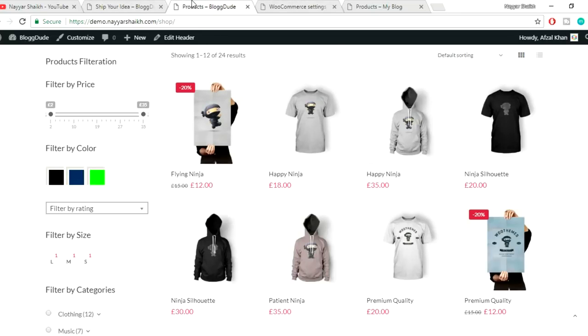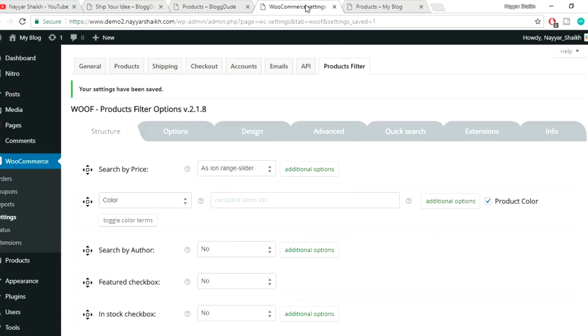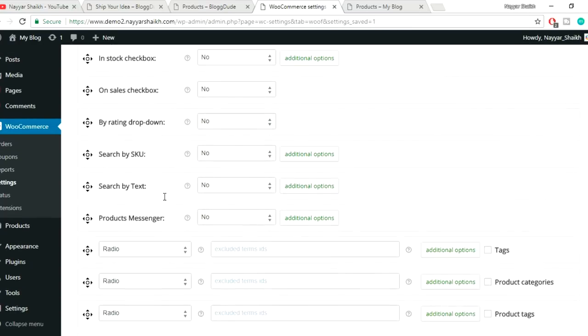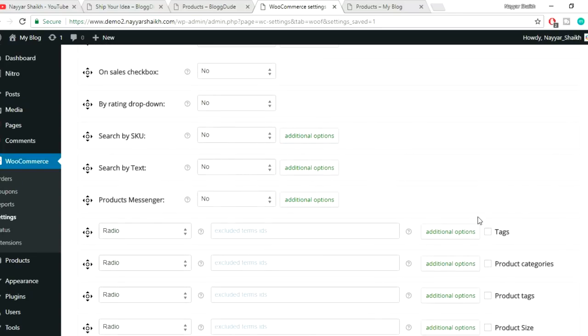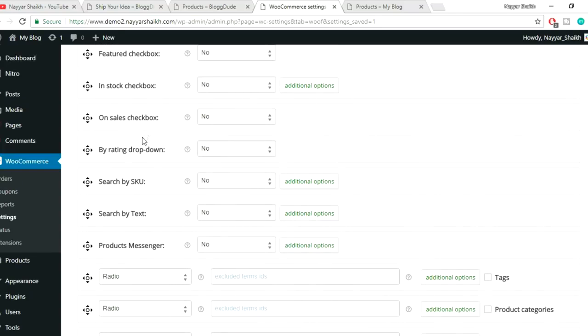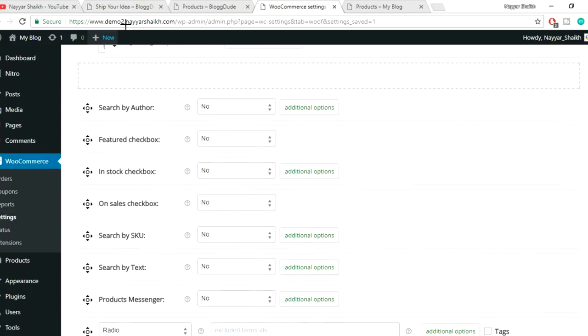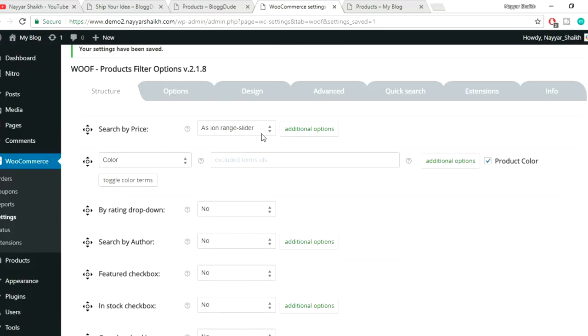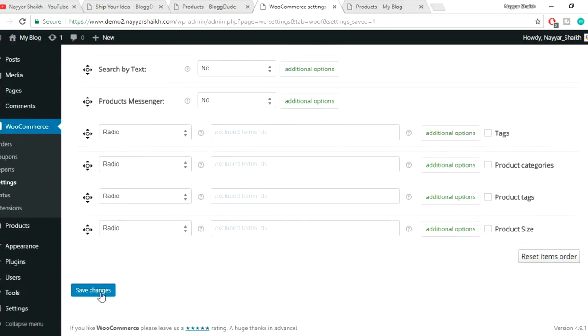Now the next option is filter by rating. So it is also very easy. You don't have to do anything. Just search for the rating one. Here it is, by rating drop down. So let's first drag this thing below the color. Okay, over here. So we have our price, the color, and the drop down, and you don't have to do anything. Just make it yes. Okay, just select this thing, make it yes. Yes, we want the rating drop down thing. Scroll down, click on save changes,